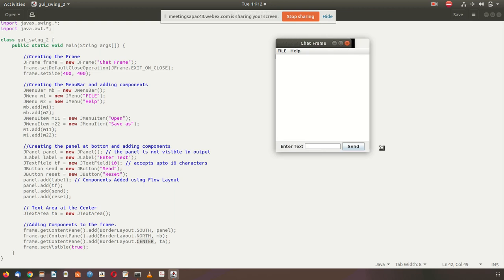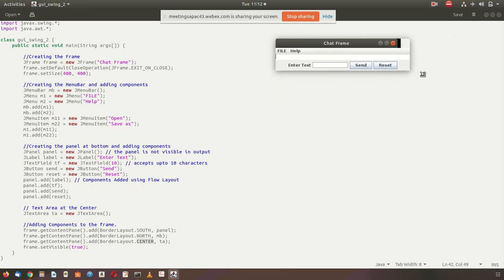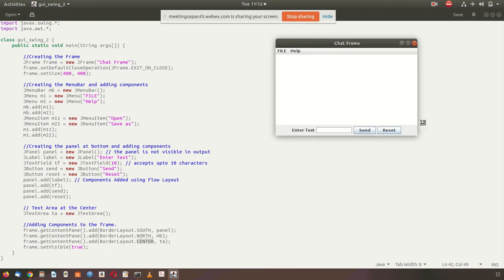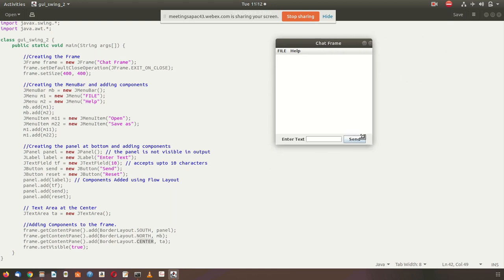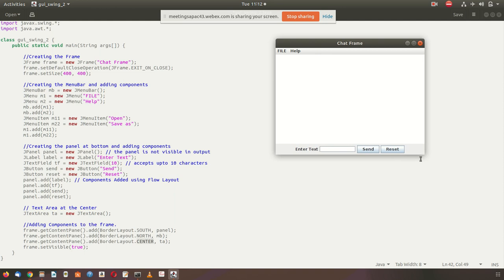However much you move it, you see the buttons and everything is moving along with the frame, because it is given as border layout. Border layout has north, south, and center. In the north there is a menu bar, in the south there is the panel, and in the center there is the text area.